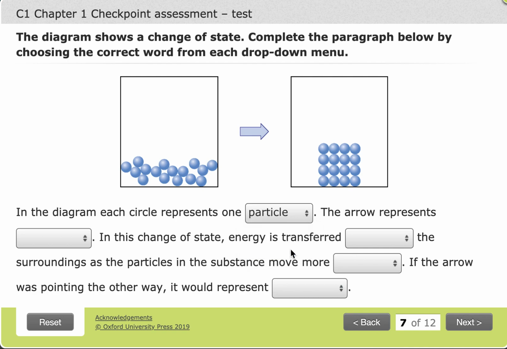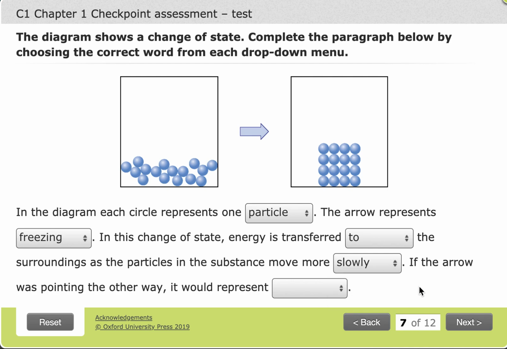All we're looking for there is the spelling. The arrow represents, well, we're going from liquid to solid, so that is freezing. When we freeze water, that is liquid to solid water. In this change of state, energy is transferred to the surroundings, and the reason we say that is because the particles have lost some energy, and that means they're going to